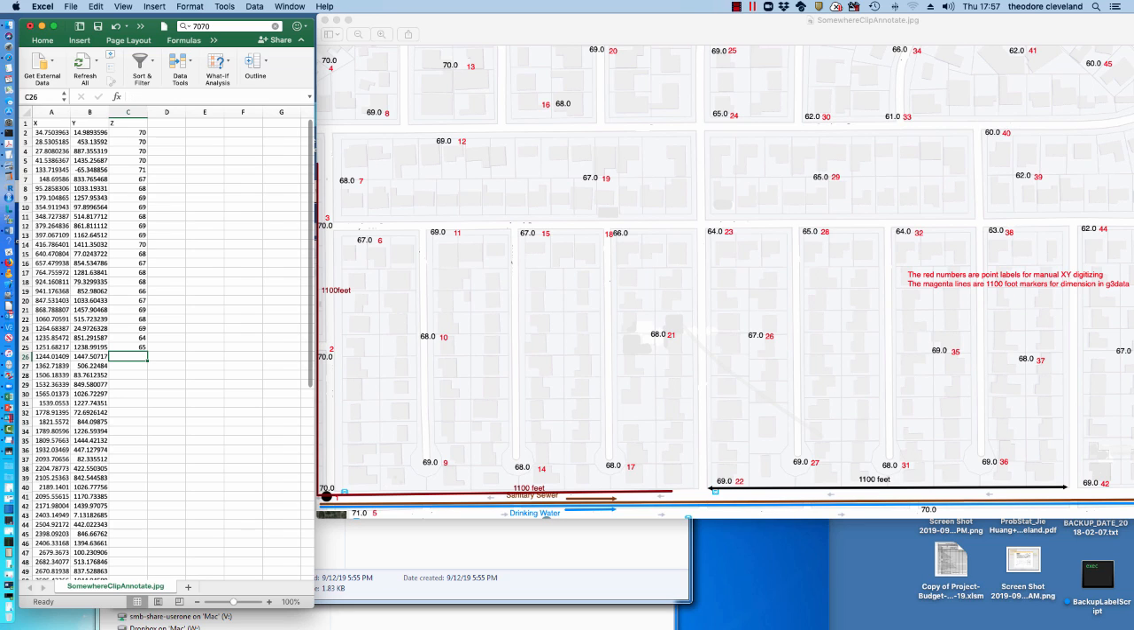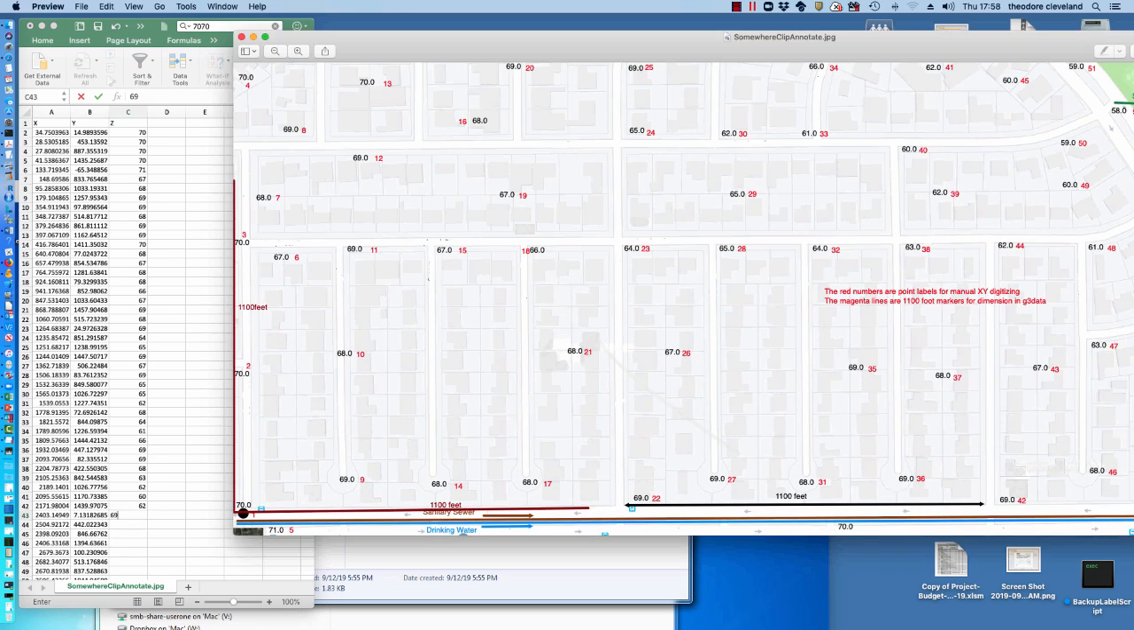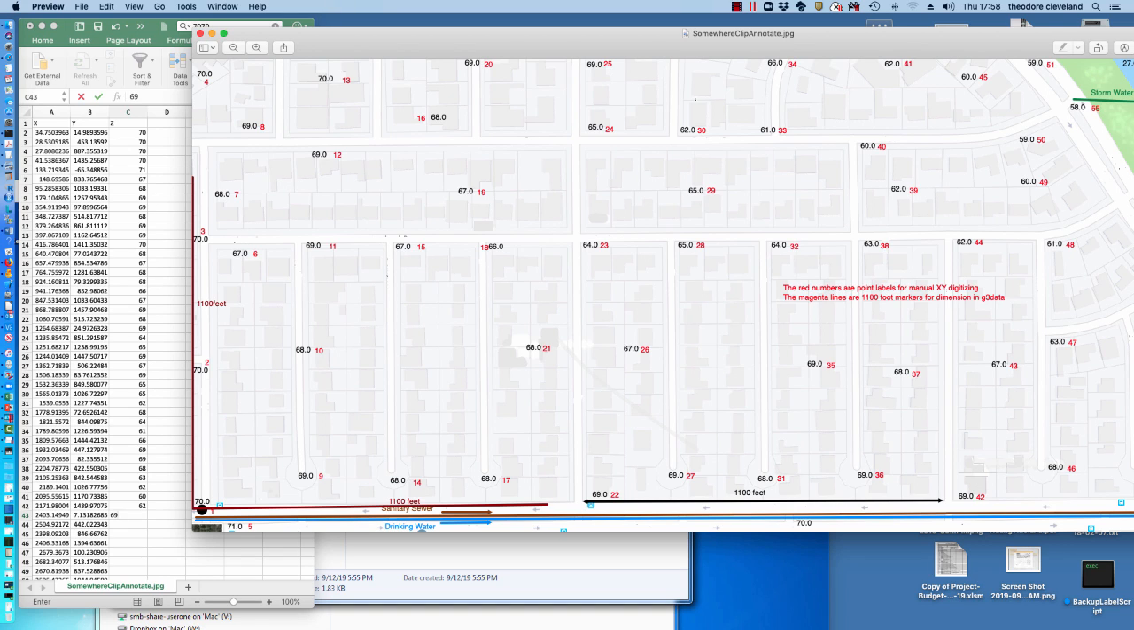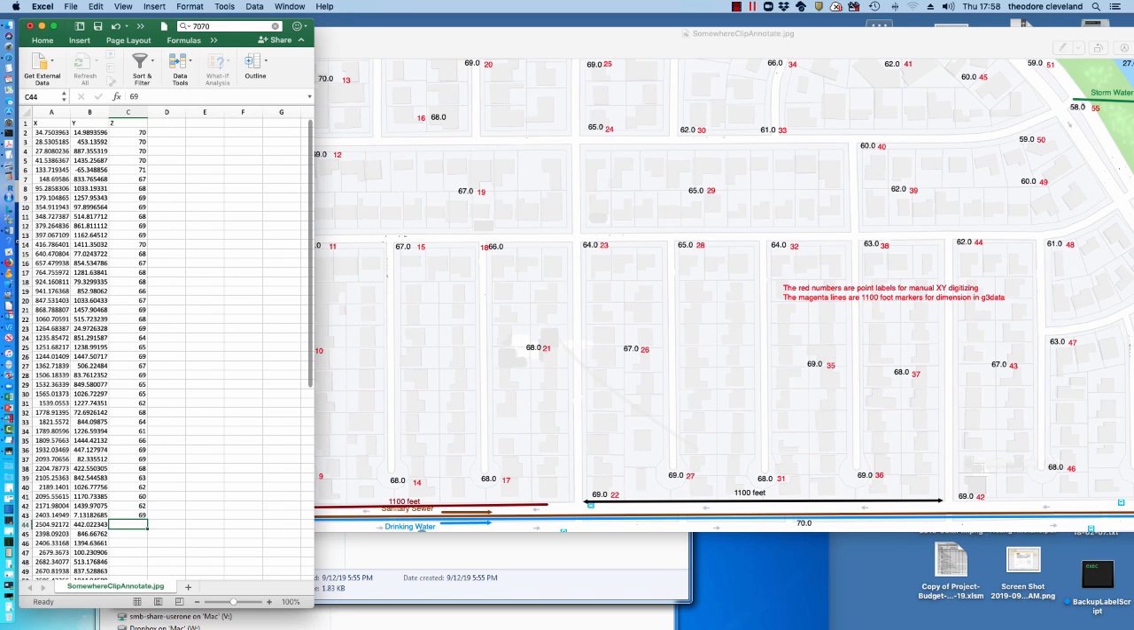14 is 68, 15 is 67, 16 is 68, 17 is 68, 18 is 66, 19 is 67, 20 is 69, 21 is 68, 22 is 69, 23 is 64, 24 is 65, 25 is 69, 26 is 67, 27 is 69, 28 is 65, 29 is 65, 30 is 62, 31 is 68, 32 is 64, 33 is 61, 34 is 66, 35 is 69, 36 is 69, 37 is 68, 38 is 63, 39 is 62, 40 is 60, 41 is 62, 42 is 69,